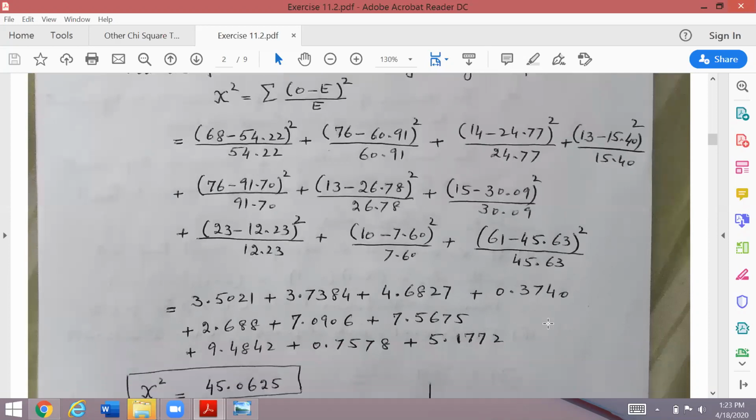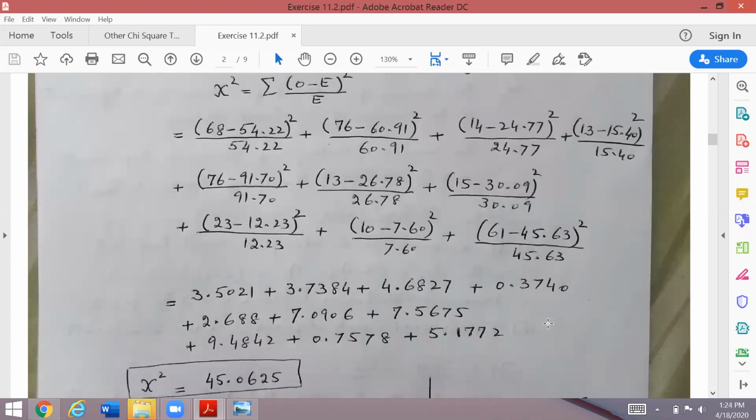Now simplify them one by one. Your calculators are with you. The bad thing amongst most of the students is that they are even unable to use their calculators in a proper way. अब आप छोटी सी ये वैल्यू है, इसको भी आप गलत कैलकुलेट करेंगे. If I give you this problem to 10 students, every 10 will come with a different answer. हर एक आंसर अलग होगा, सबका सिमिलर नहीं होगा. Whereas the values are same, so why are you getting the different answers? Because you do not know how to handle your calculators.